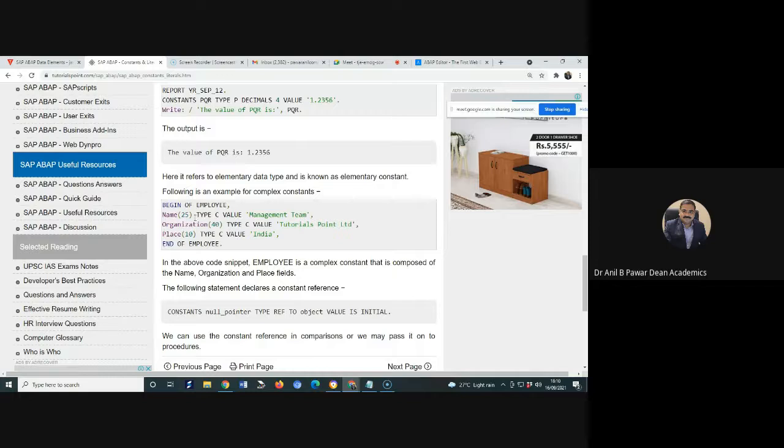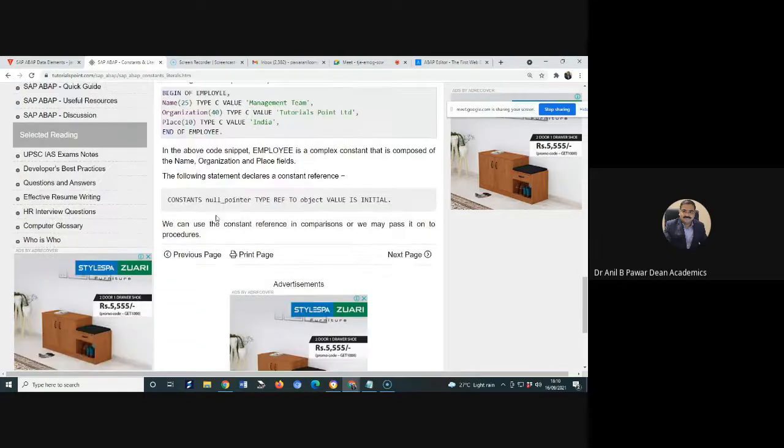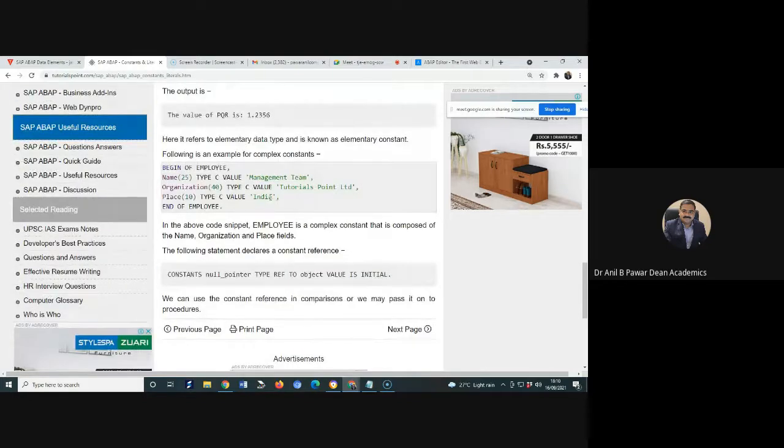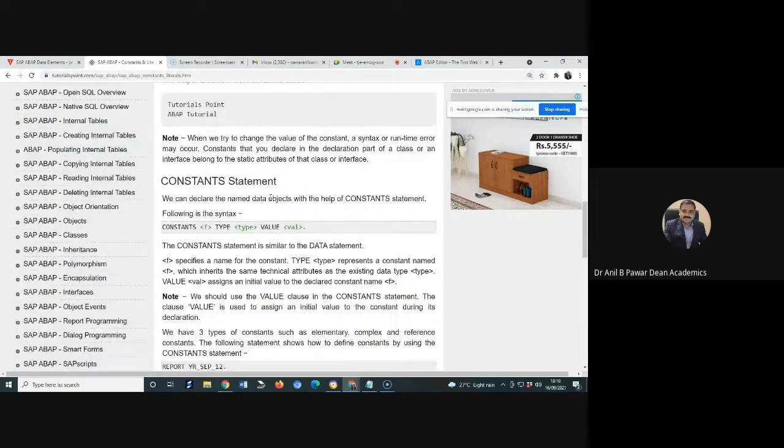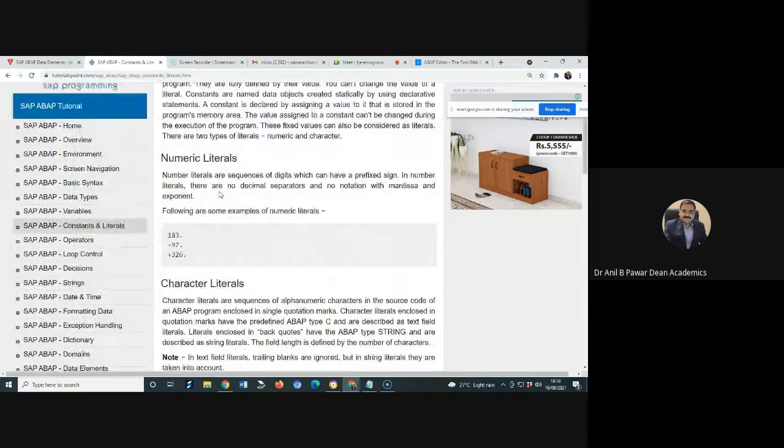So there are so many ways. These are the other examples given here. I hope I have covered a lot of points related to this. Today we discussed three different topics related to ABAP. First we talked about data types, then variables, and then constants and literals. Please keep in mind that we have to speed up ourselves somewhat, but these are the initial primary details. You go through these details. If you have any doubt, definitely I am available.